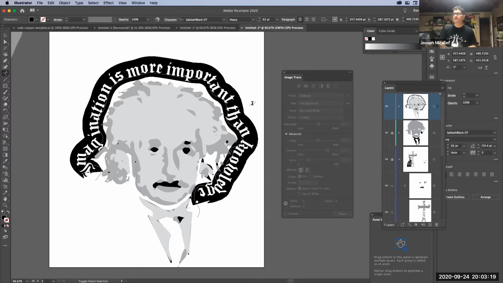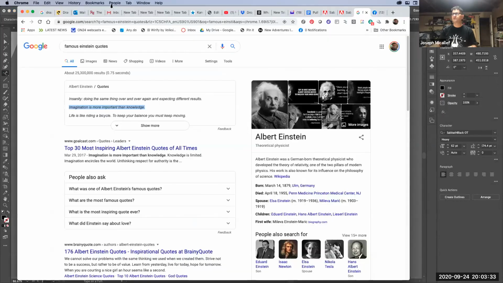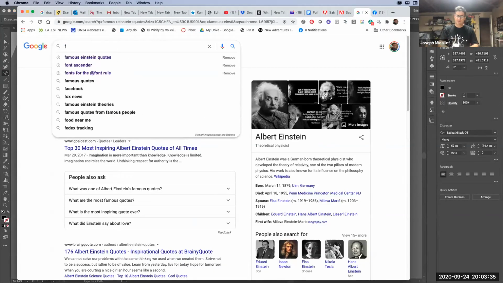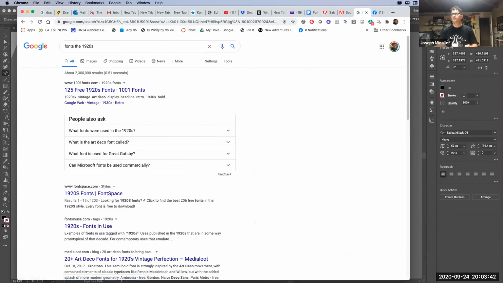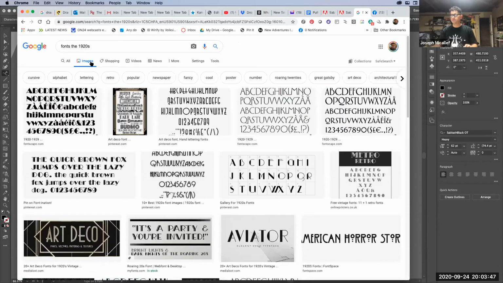So Einstein, you know, you think in terms of like when he was coming up with the theory of relativity, and it was the early 20th century. So you'd want to think in terms of what fonts work for that time period. So you can even do a search, you know, fonts from the 1920s. So you can go here, just go to images, and it'll give you all sorts of examples. So kind of like Art Deco, and